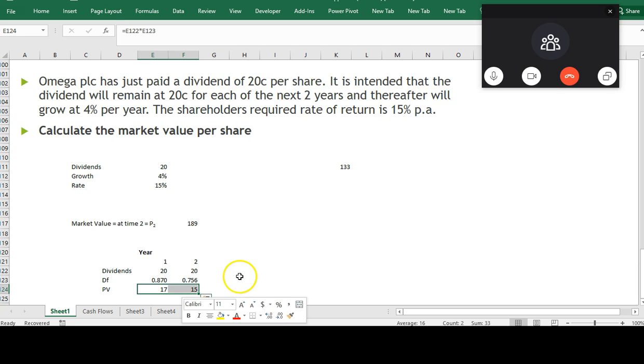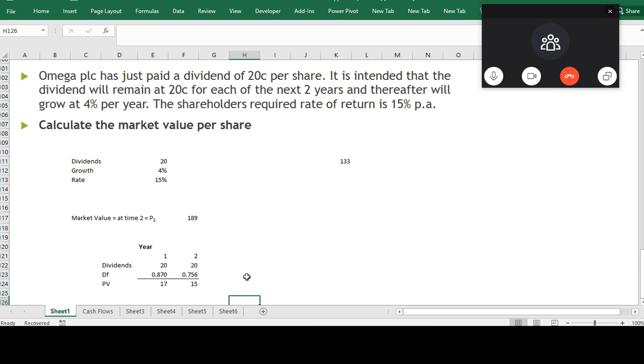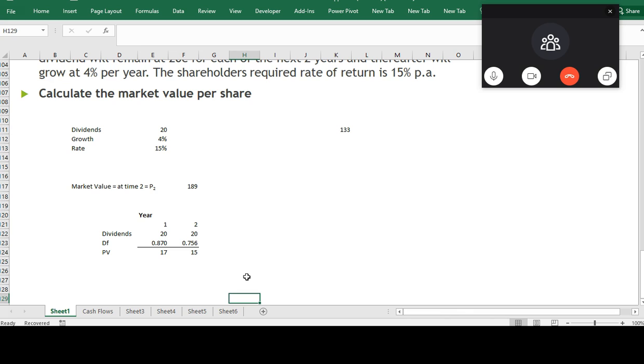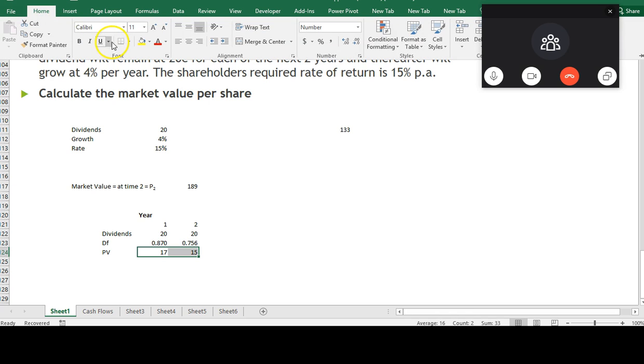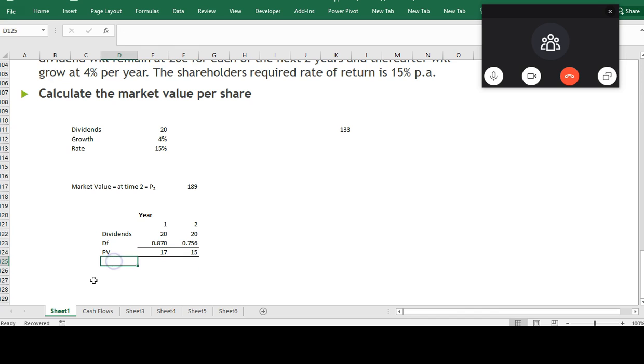Something like this. These are your dividends. You agreed? Agreed? Then this at